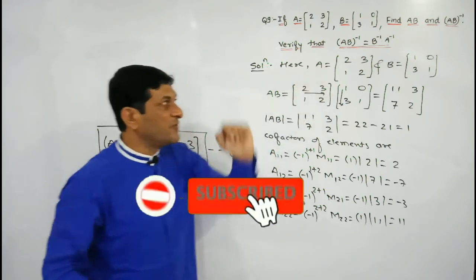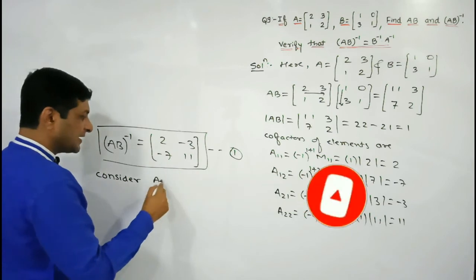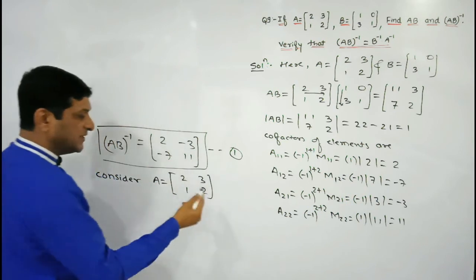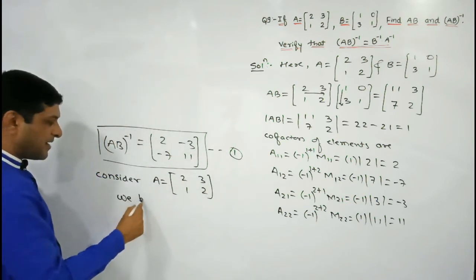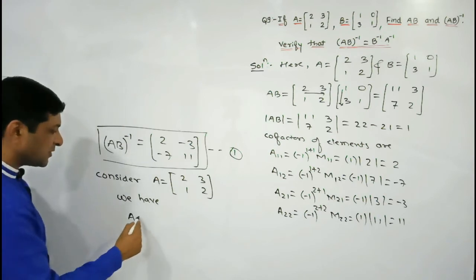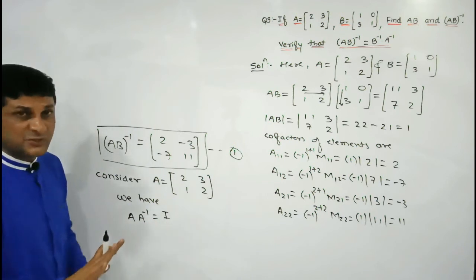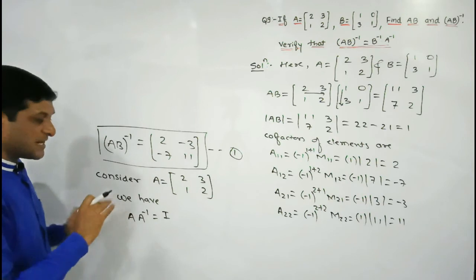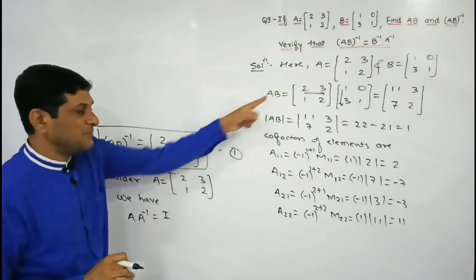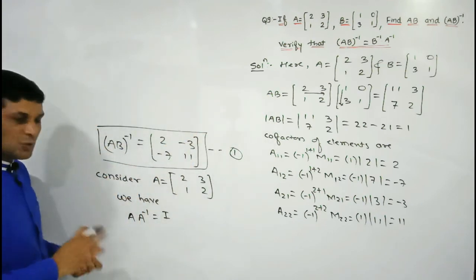Now first we are trying to find the inverse of this matrix. So consider matrix A. And what are the elements of matrix A? 2, 3, 1, 2. So find its inverse. I am giving priority here to finding its inverse by applying row transformation. In case of row transformation, which condition are we applying? A into A inverse is equal to I. We have a choice, use any method to find the inverse. At this time I am giving priority to applying what? Row transformation, because here the inverse of this matrix AB we have seen by applying the adjoint method. Now I am finding its inverse by row transformation.